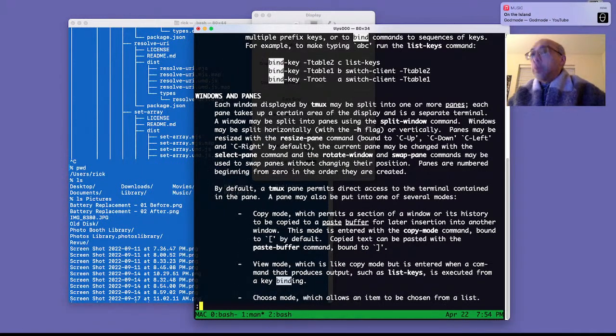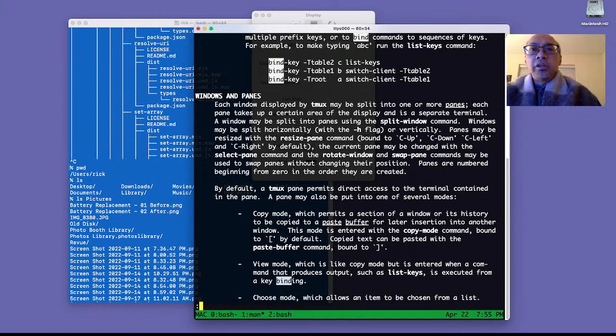You can go and read the tmux manual page. They have a lot of information on how to bind keys. But when you install tmux, you have default bindings. And when you've installed my configuration, which I've mentioned in, I think, episode 2 of this series, and it's available here on this playlist,